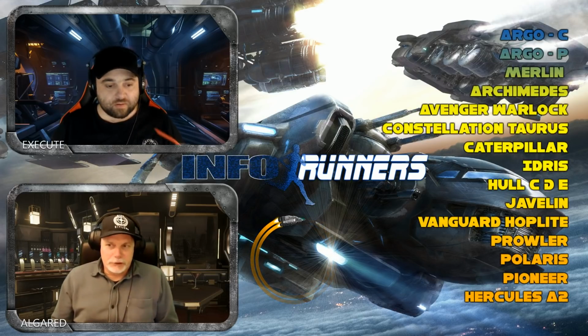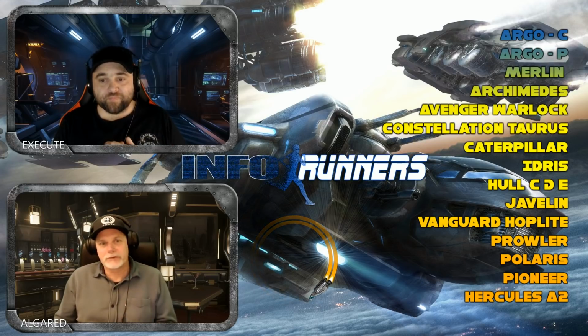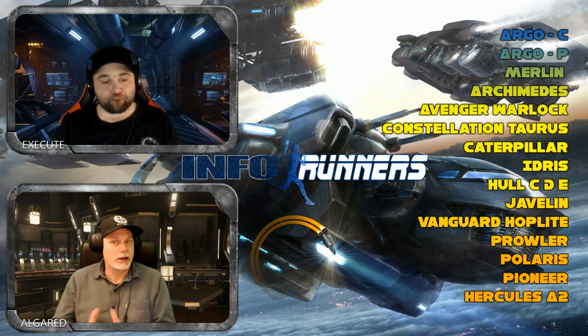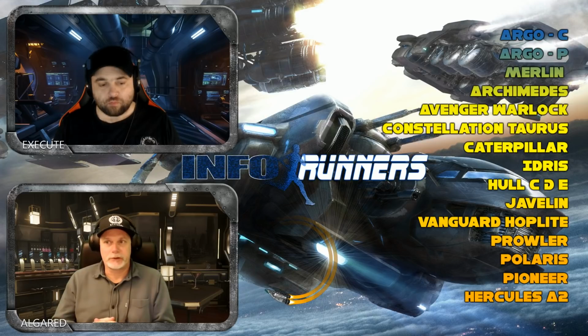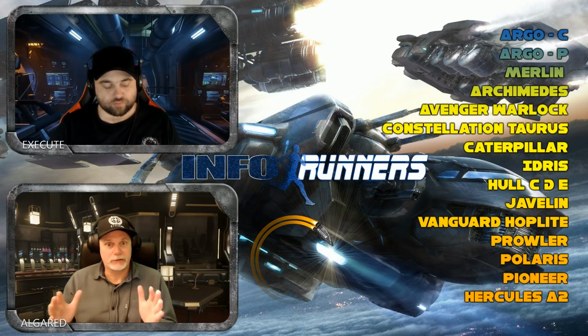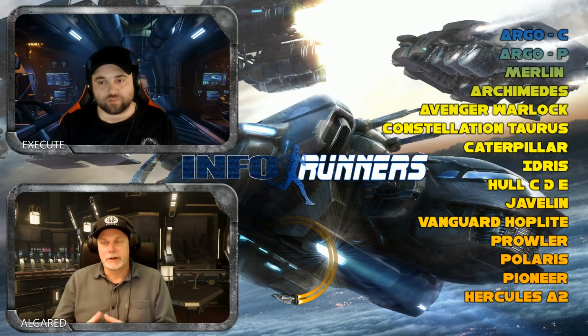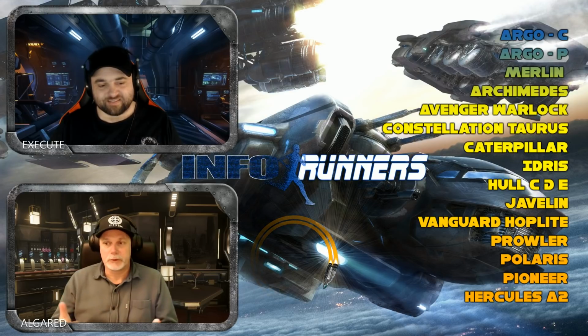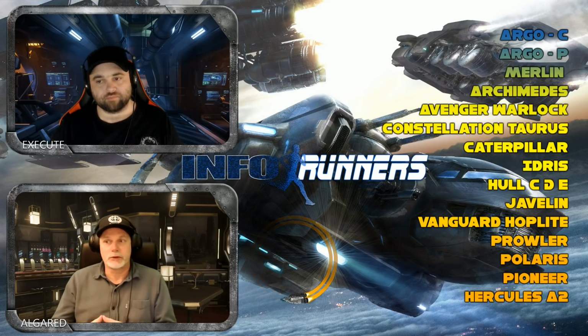Yeah, so this is our fleet list, the ships that benefit from either having a home base, or a mothership, or working with another ship as escort. The first 4 ships on that list, the Argo range, the Merlin and the Archimedes, are all snub ships. They all rely on their mothership. Neither of them has a jump drive or a quantum drive, so they are really tied to their local space. The cargo and pargo, as I like to call them, are the little tender ships for the Javelin and the Idris, and the Merlin and the Archimedes are the P-52 and P-72, which come with the